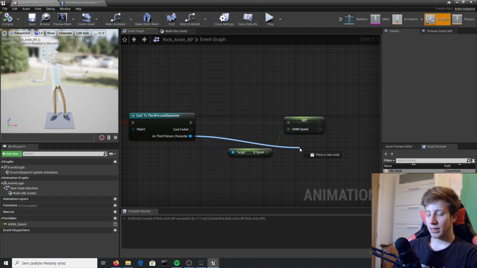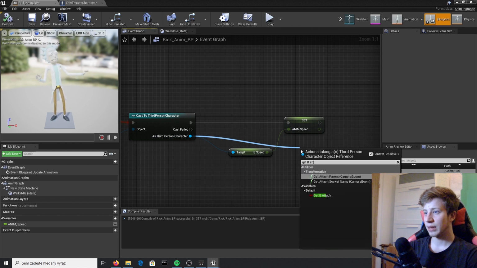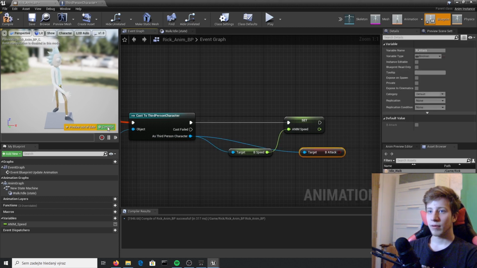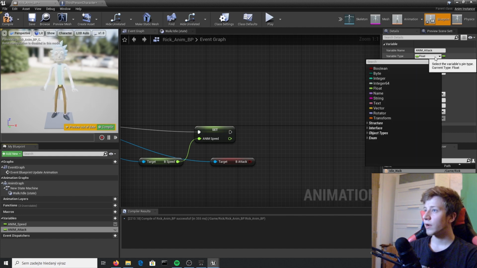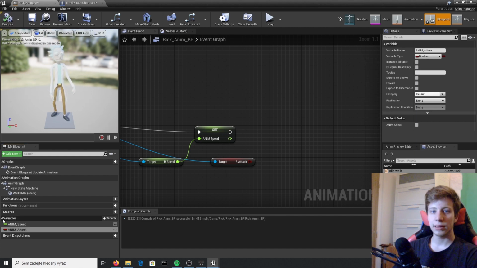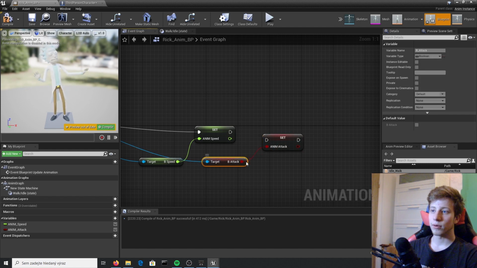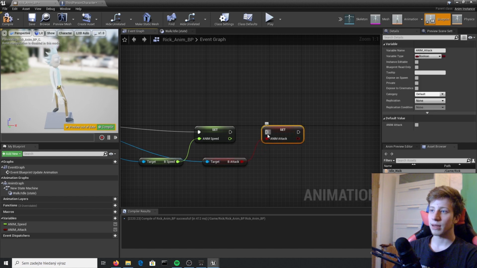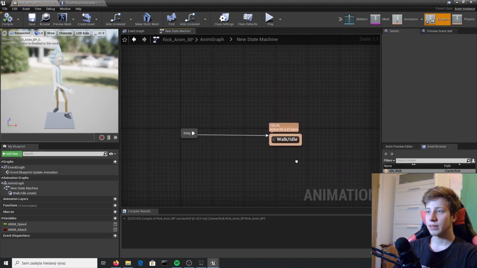Let's get from here b_attack. And we'll create a new variable for that, which will be called anim_attack. And variable type will be again boolean. Compile it and set it. So set it by this, which means that value that will be from b_attack will be set to anim_attack. Okay, compile it, and now let's go back here to our anim graph, new state machine, and let's create some